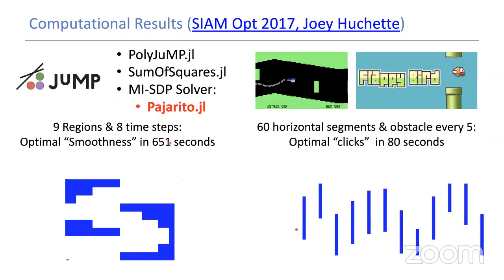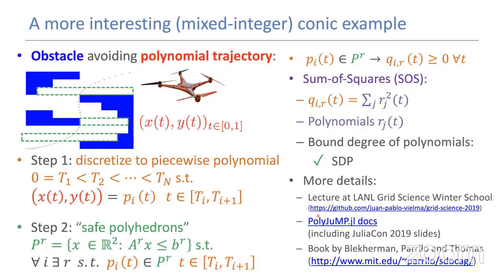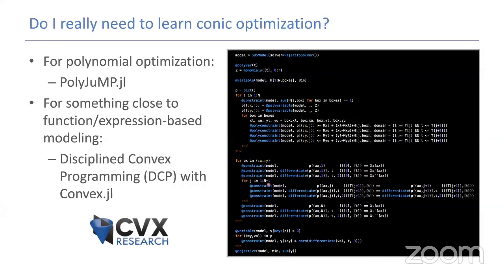As I mentioned, there were a lot of links that you potentially needed to follow to understand all the steps of the math. The interesting thing is that you might not even need to learn all the conic optimization steps that I'm giving you, because if you look at the PolyJuMP code for modeling this, you'll see that it's defining polynomials and writing the constraints in a way that looks sort of how you would write the math. And in no place do you see conic explicitly. So PolyJuMP.jl and SumOfSquares.jl will make all the transformations to make it work. You could try it without necessarily having to understand every single one of the steps.